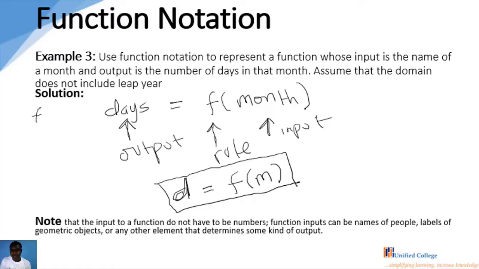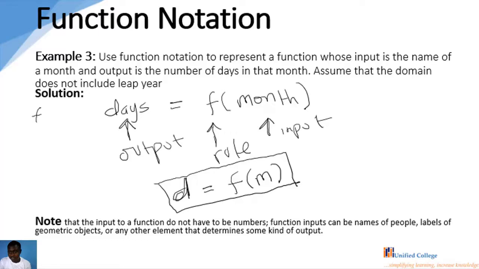Now, for example, if our input month is January, for instance,